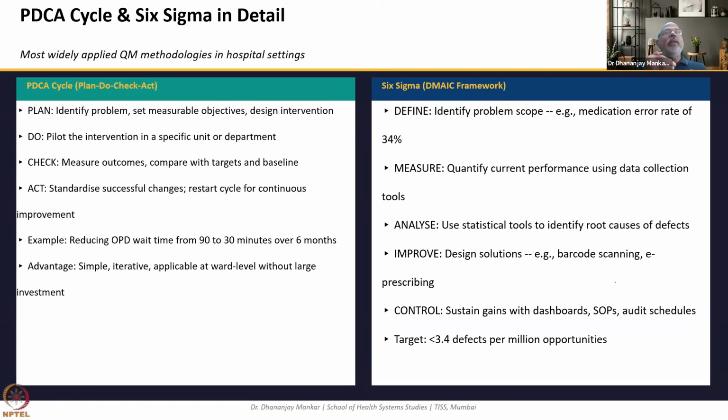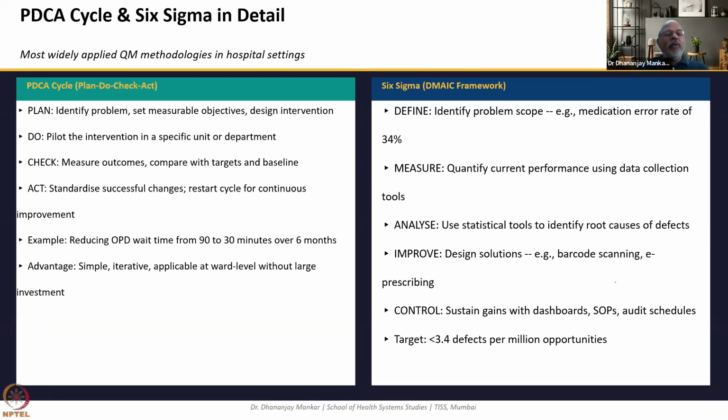And then comes the very important and very mid part of PDCA, that is Do. Whether it is a pilot phase that you can do for the intervention, or you can take it in a continuing part. You have to check what the intervention has done by measuring the outcomes, comparing it with the targets or with the baseline. And finally, you have to Act: standardize it if you find that it is successful, recycle it if it should be continuous, or do the PDCA again if you find that it is unsuccessful.